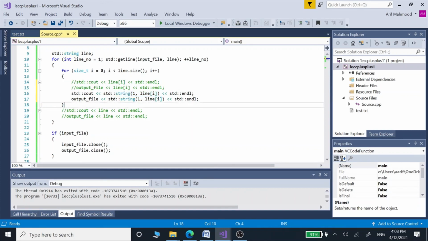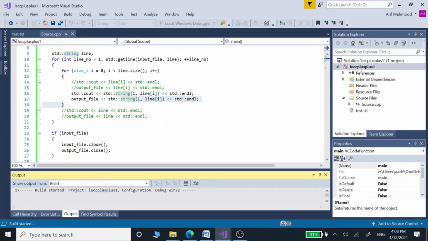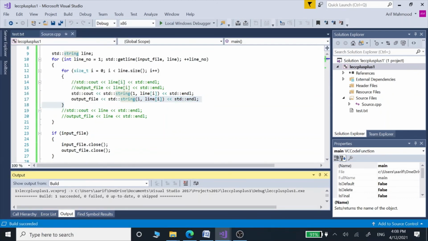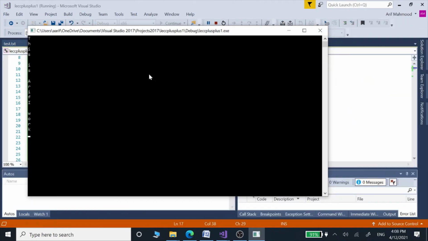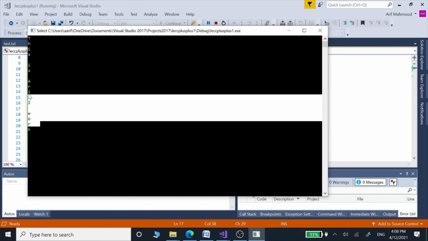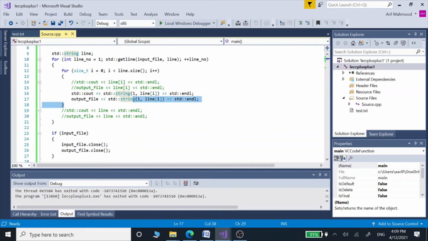And using this line we are going to store our strings into an output file as well. So let's build and run this program. Now we can see our output on the console window as well. This is now of type string. So this is the way we convert our strings into characters, and then we can convert those characters back into strings like this in C++.